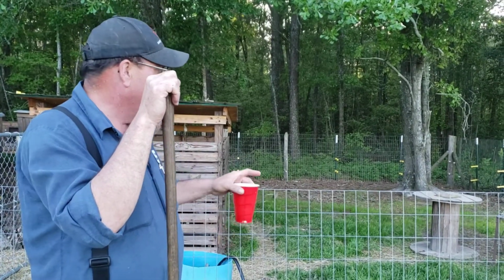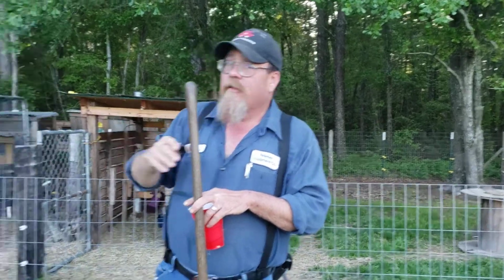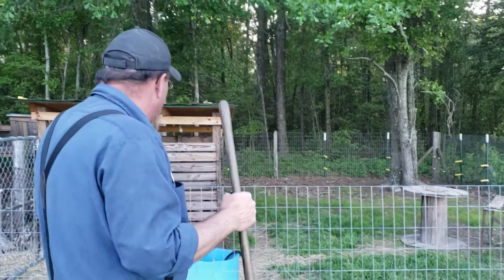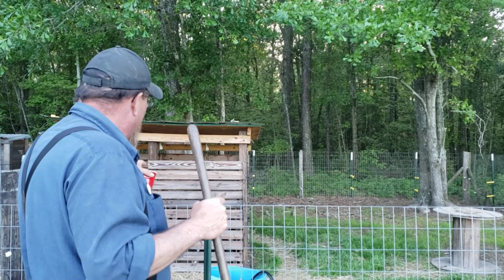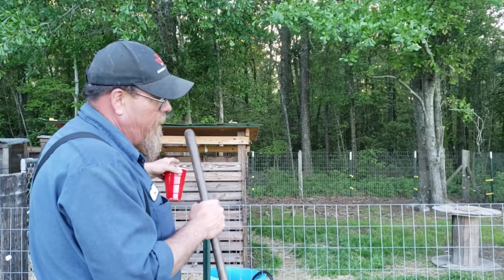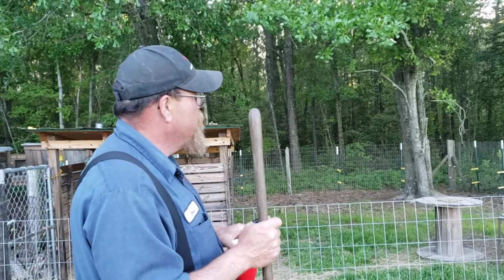Now this is Trevor's goat pen. He's got him a little mini homestead down here. Raised his chickens and got him some raised beds. And he wants to have some stuff that's his, you know. And they're in the shelter, won't come out before you can see them, but he's got 2, I know it's Buck and Doe, but around here it'll always be Nanny and Billy. But he's got 1 bred